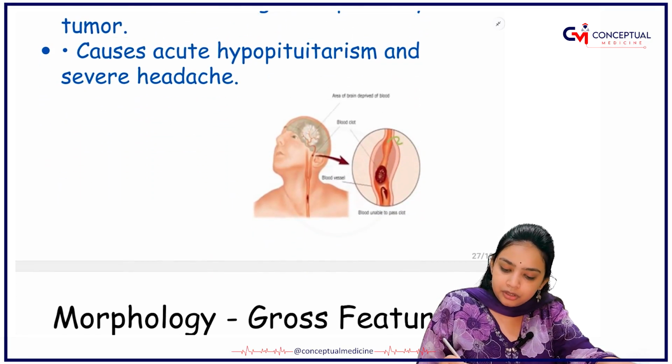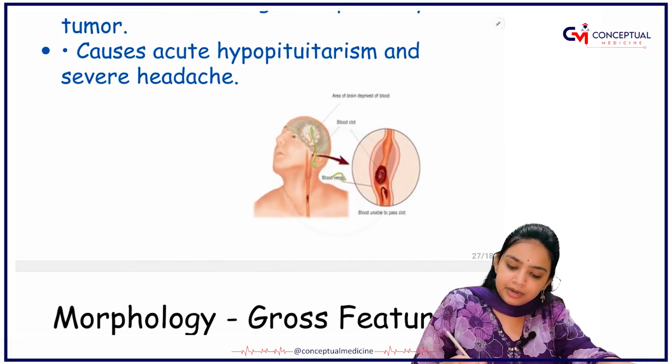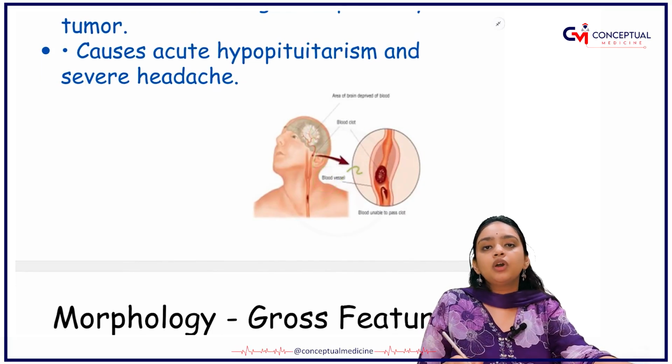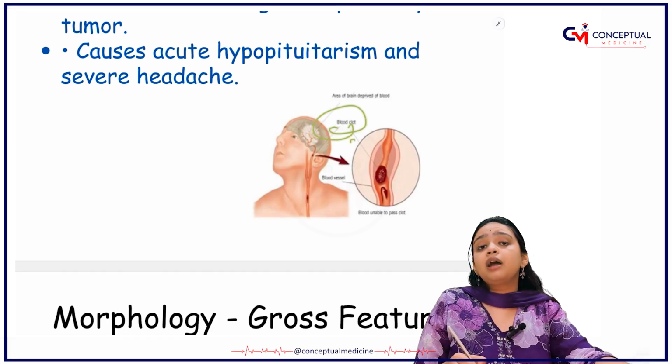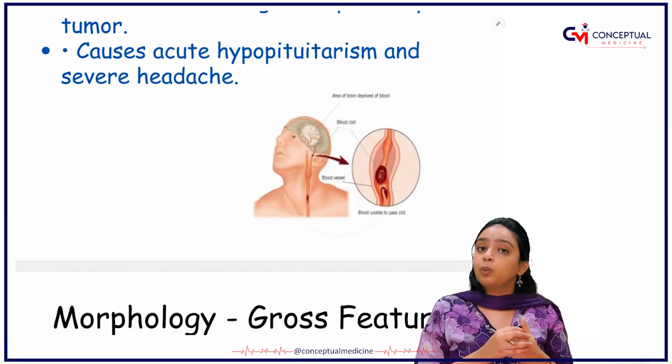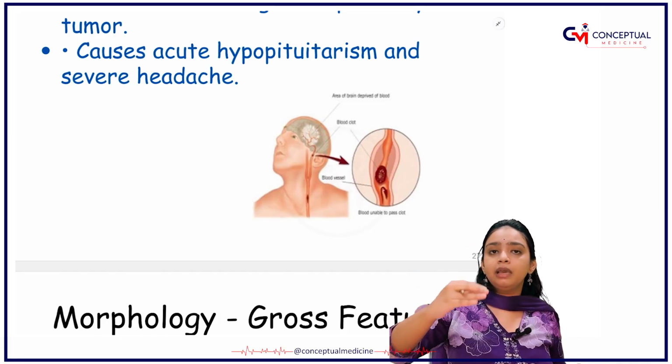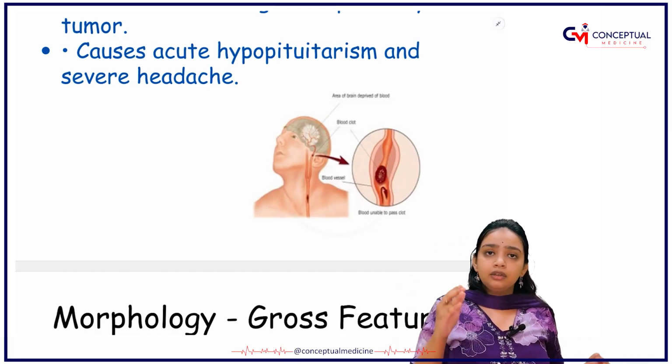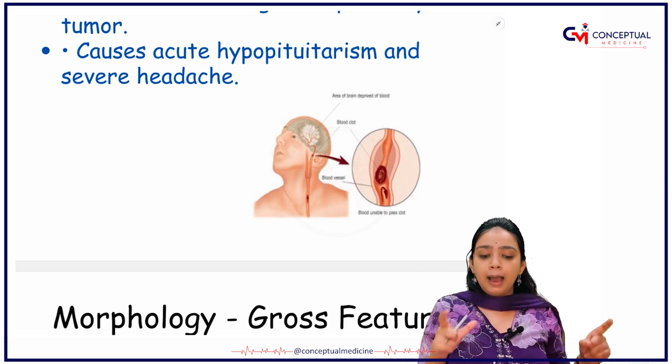See, you are able to see this figure. What is happening in the blood vessels? In the blood vessels, you are able to see that there is a development of a blood clot. And guys, when there is a development of a blood clot, what will happen? Will the blood be able to reach the brain? No. Then what will happen is